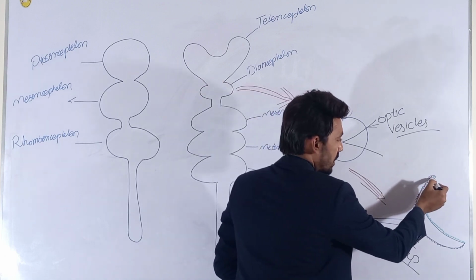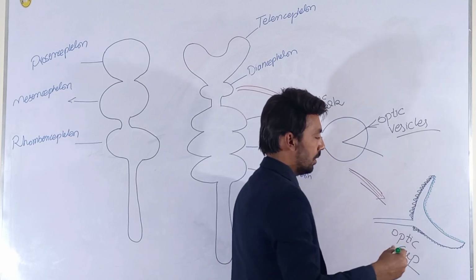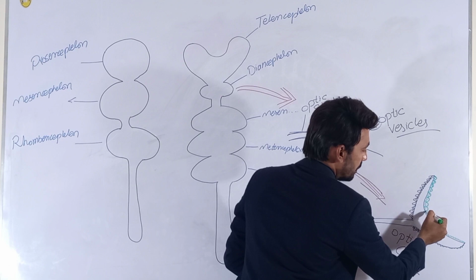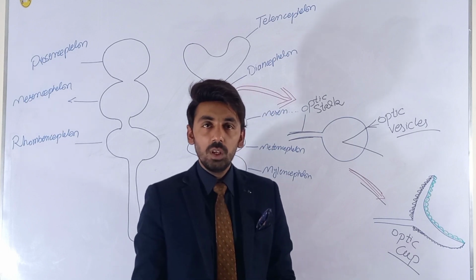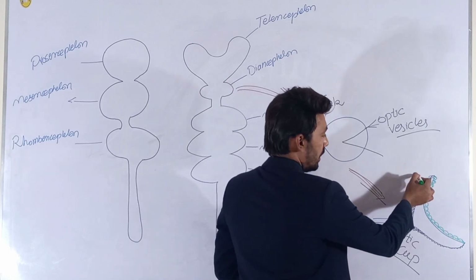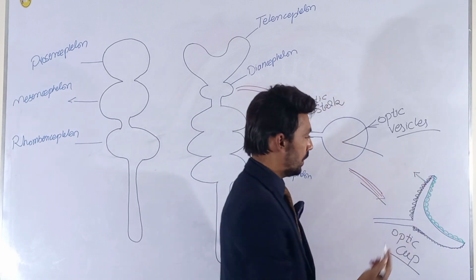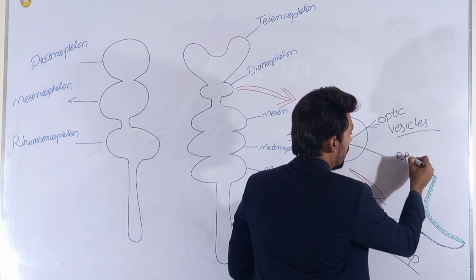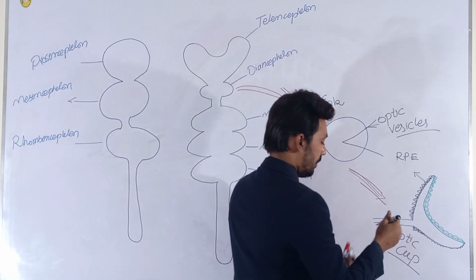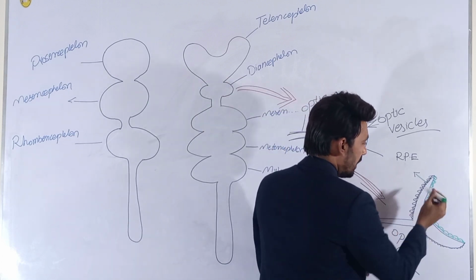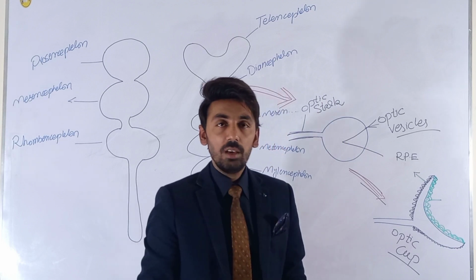So this cup-like structure, which is called the optic cup, has two different layers. The first layer is this posterior layer, and the second one is the anterior layer. So actually, these two layers will form our retina. This posterior layer will convert into the retinal pigmented epithelium, which is the first layer of the retina, right? Which is the pigmentary layer of the retina. And this anterior layer in the green marker is the neuronal layer of the retina.